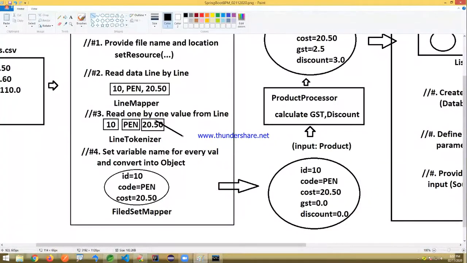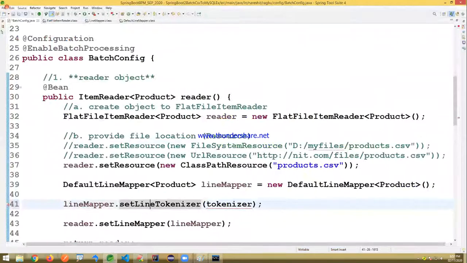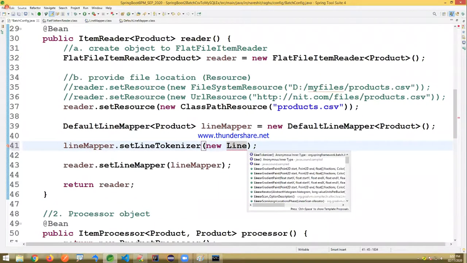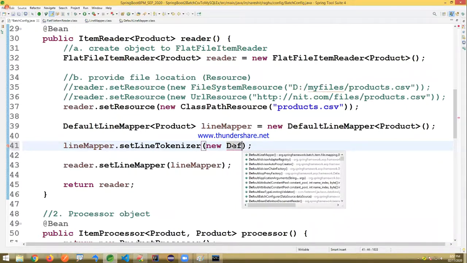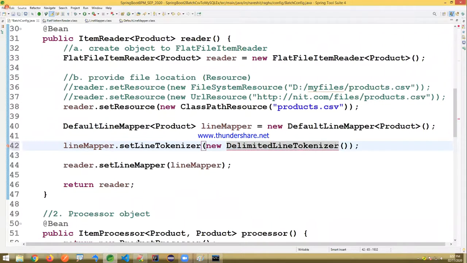There I'm writing, it's a new default line tokenizer.